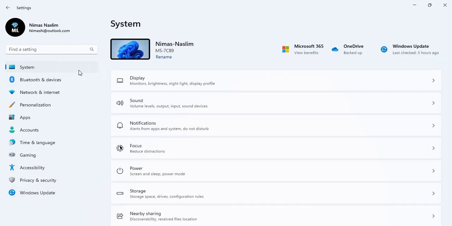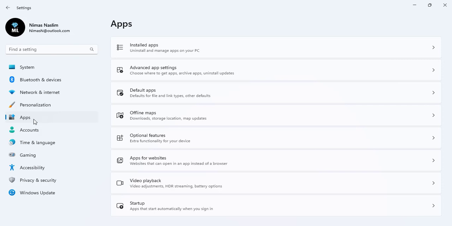Now I'm going to proceed to the apps section, and I'm going to simply click on the default